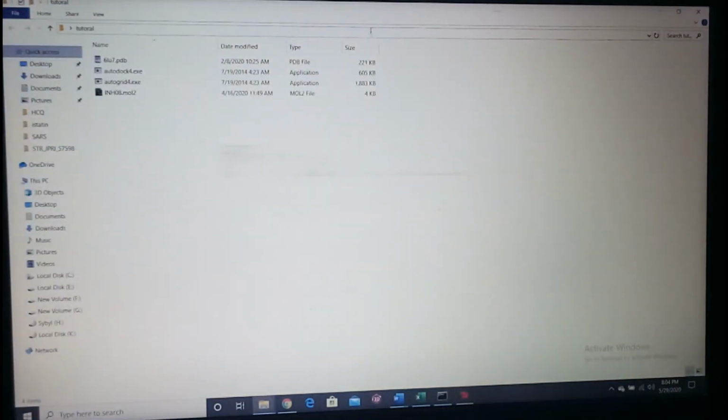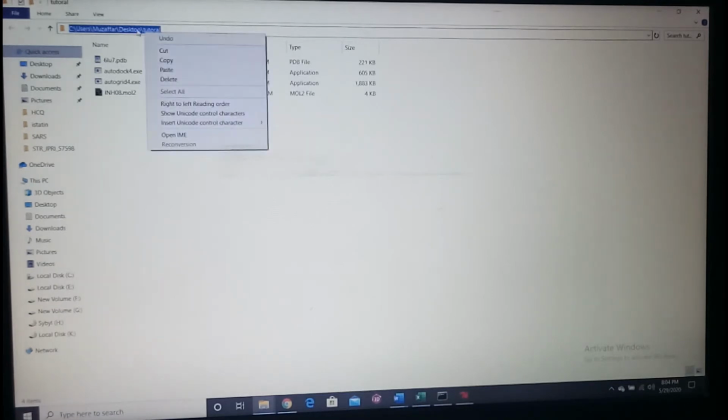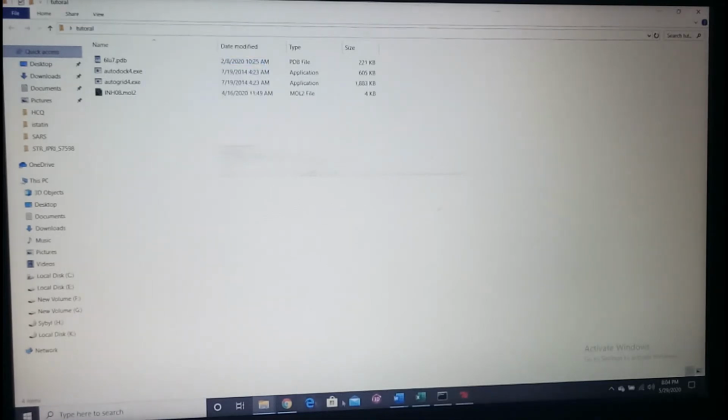And these two, autodock4.exe and autogrid4.exe, are the files that will be saved in the C drive after we install Autodock. You can copy from there and paste it here. Once we have pasted everything here, we are ready for performing docking. After we open Autodock, it will be in this way. This is the console screen where you'll be able to visualize the protein and ligand. First we need to click here and copy the location of this, so that it will be easier for us to open the files in Autodock.